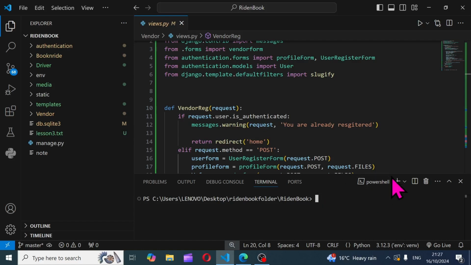Now I'm gonna type python manage.py runserver. I want to run it on a different port because I think my port 8080 is occupied. So I'm gonna just state